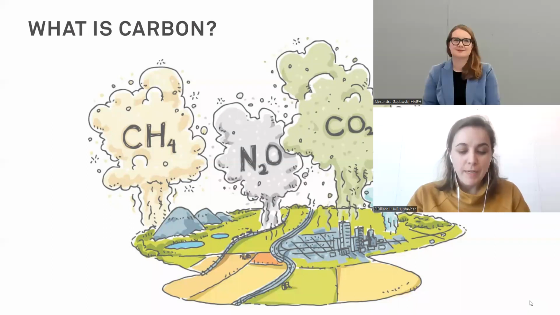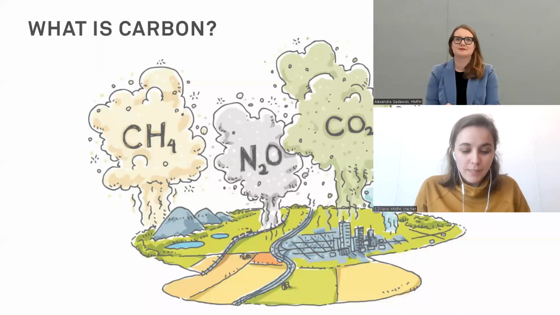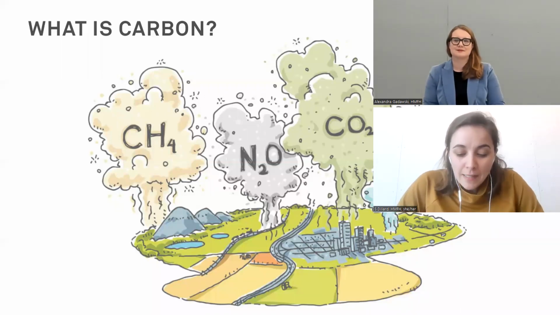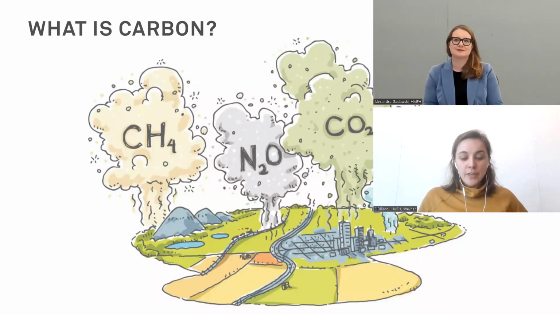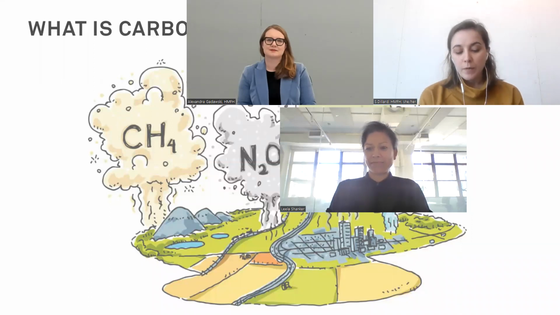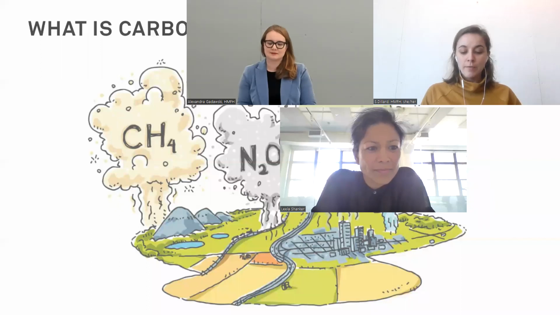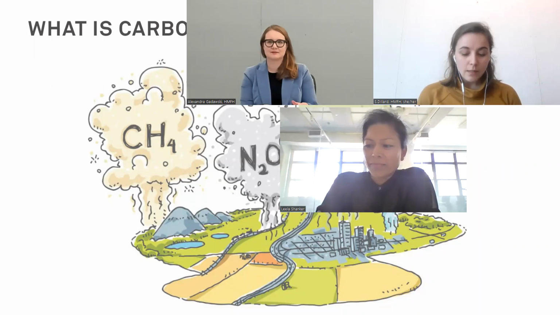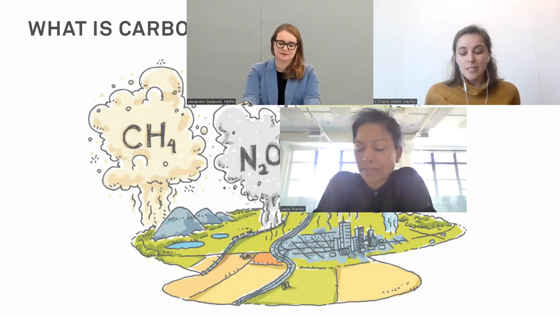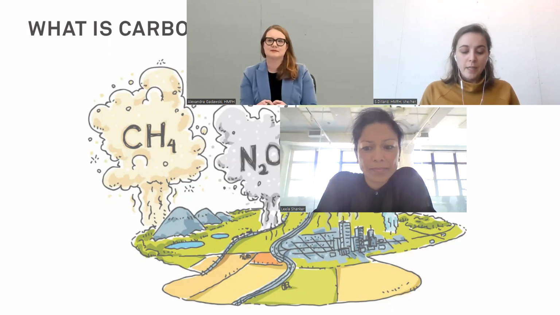I'm going to start us off by talking to you a little bit about carbon, specifically what is carbon. Carbon is a greenhouse gas. You should know that it occurs naturally as well as a result of human activities. The other greenhouse gases are water vapor, methane, nitrous oxide, and fluorinated gases, but carbon roughly makes up about 75% of emissions from greenhouse gases. And for this reason, all other emissions are typically normalized to carbon units. And you'll see that written as CO2e.